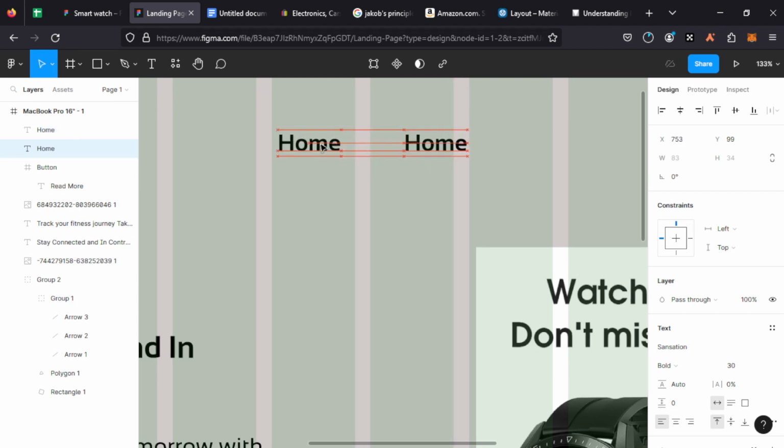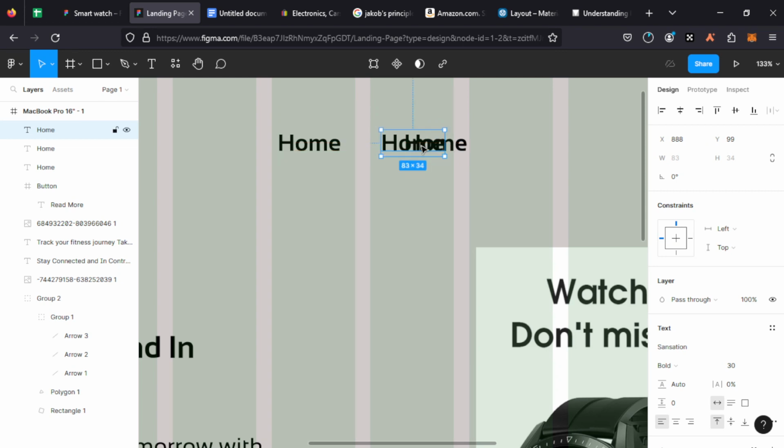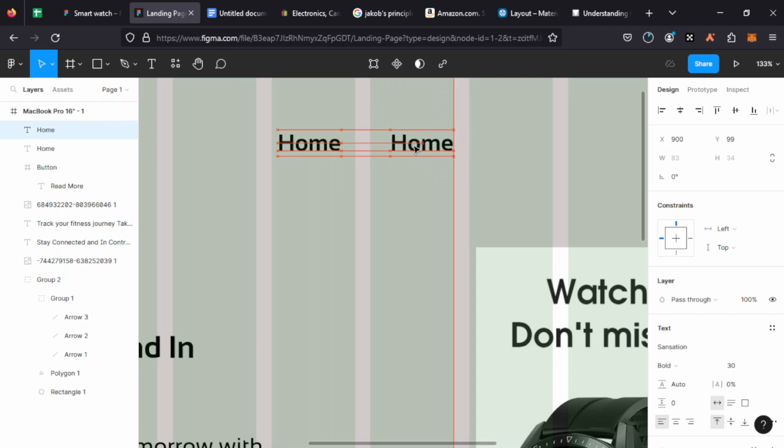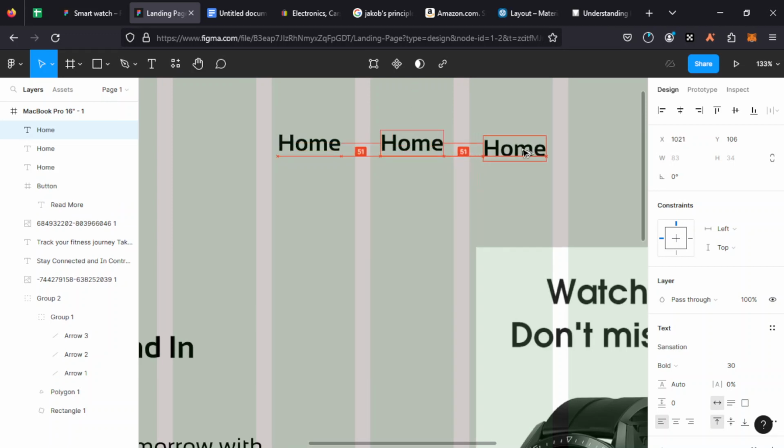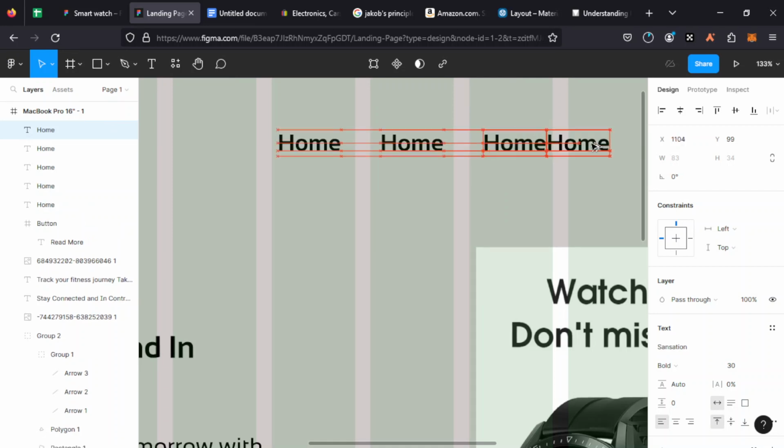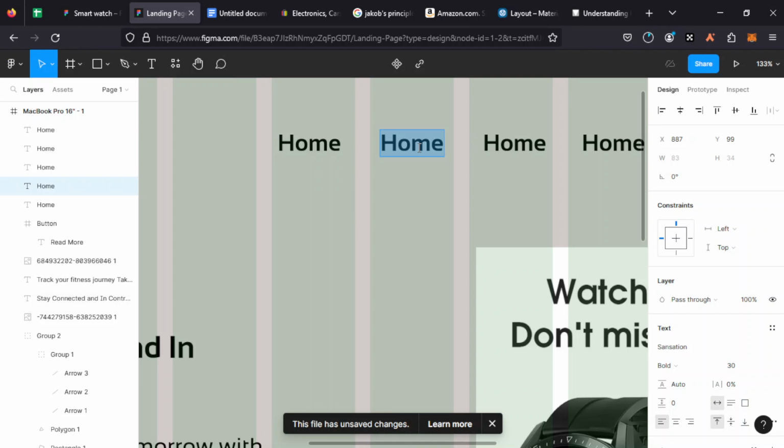So we can just use this to measure. Let's try to move in between each column. That should do. Home, about us,